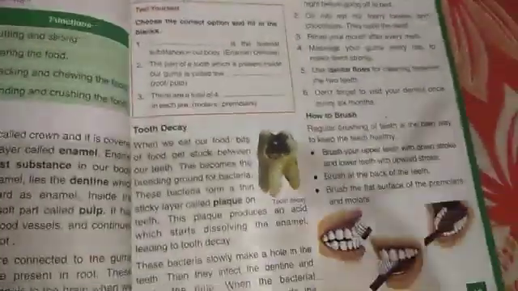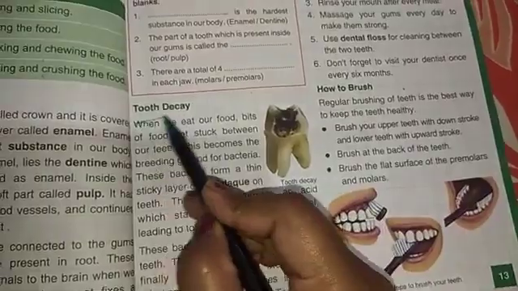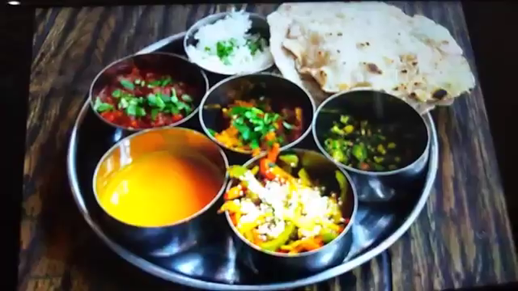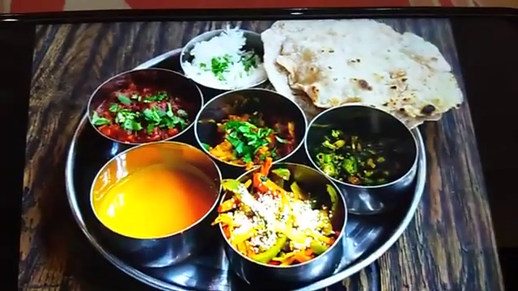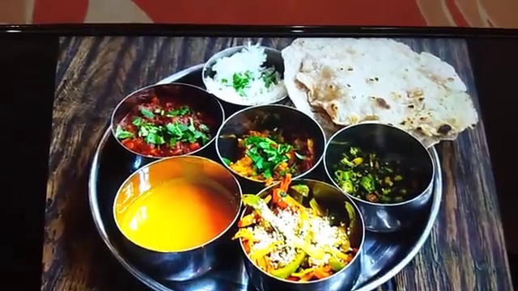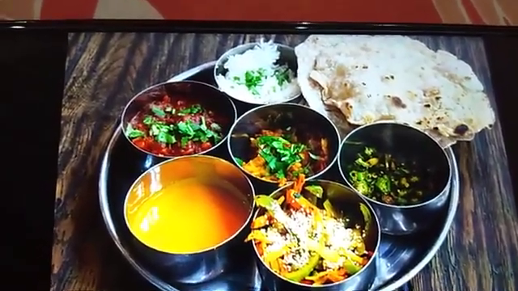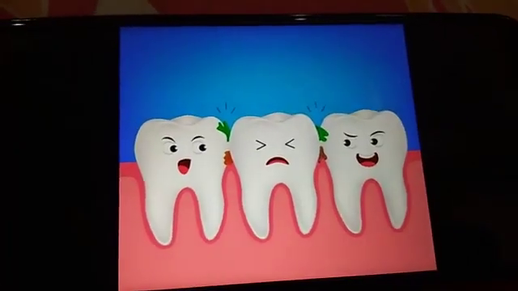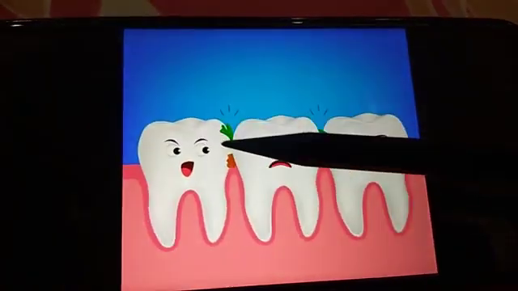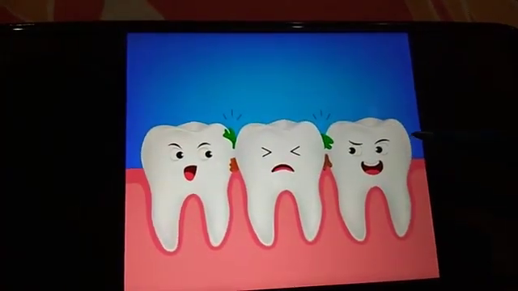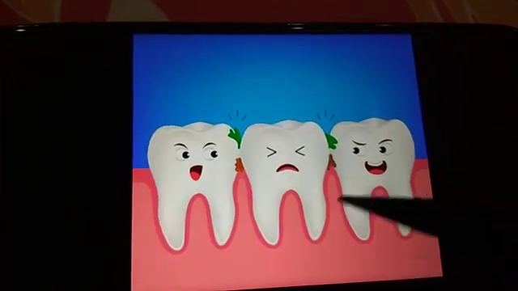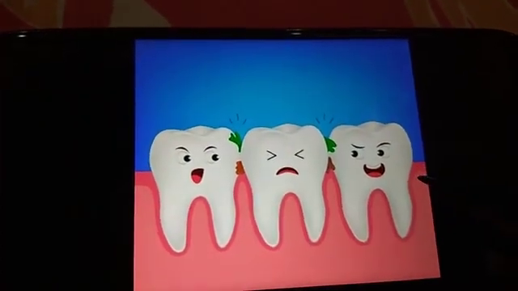Now the next topic is tooth decay. When we eat our food, bits of food get stuck between our teeth. This becomes the breeding ground for bacteria.